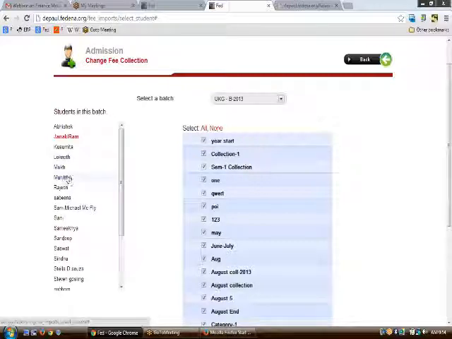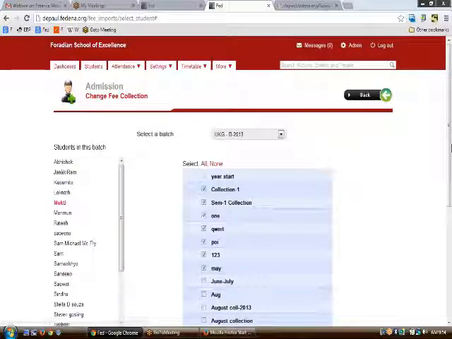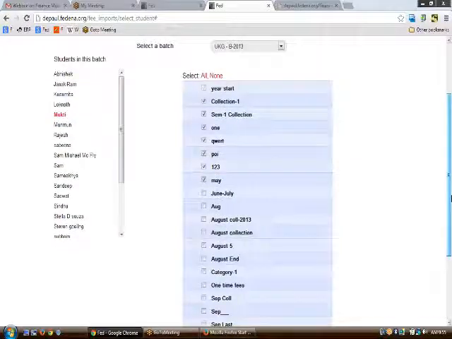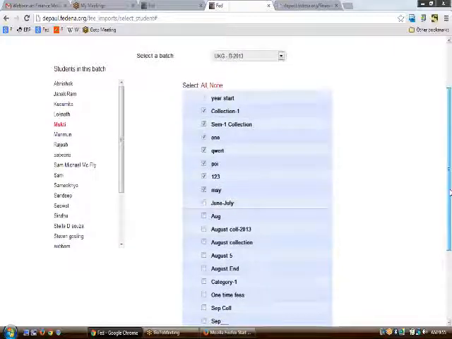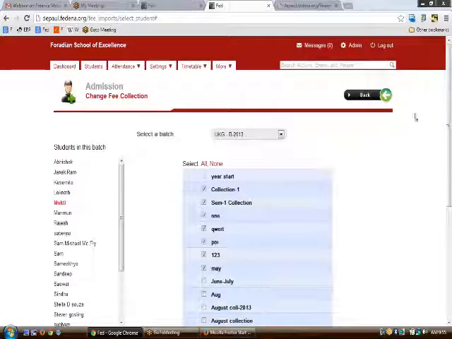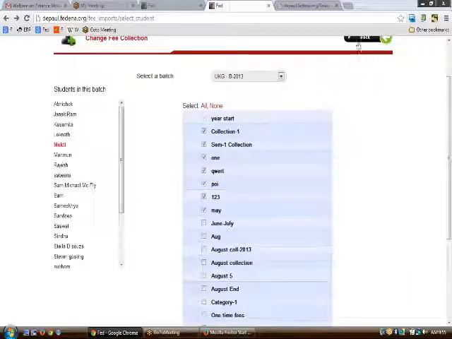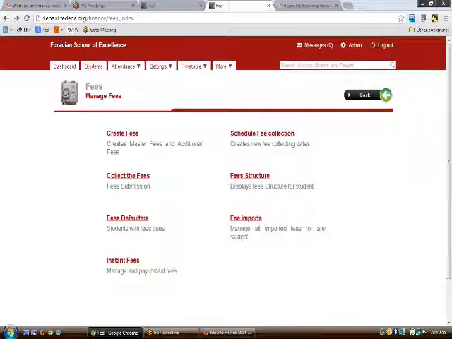But if I want some particular student to be exempted from paying some special fee collection dates, you can just select the name of the student and click against it. Then only the checked ones would be payable for this particular student. Otherwise, if you select none, this student won't appear in any of the defaulters lists. This was all about fee imports.